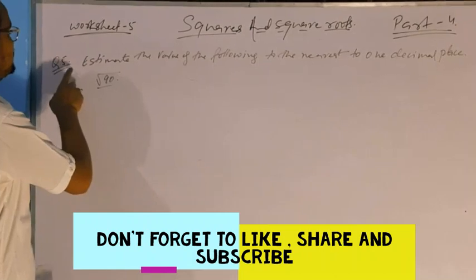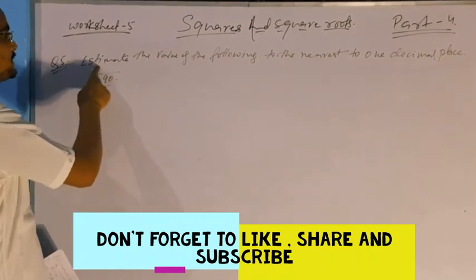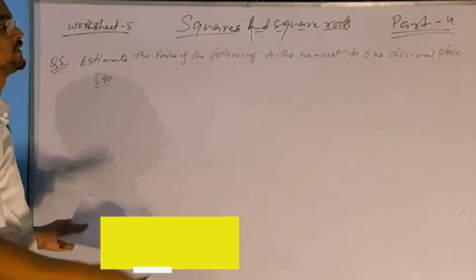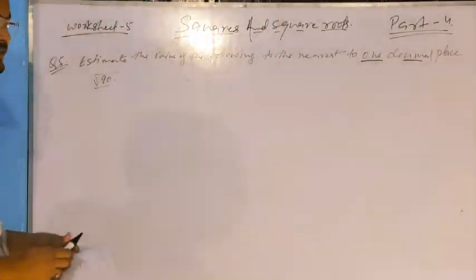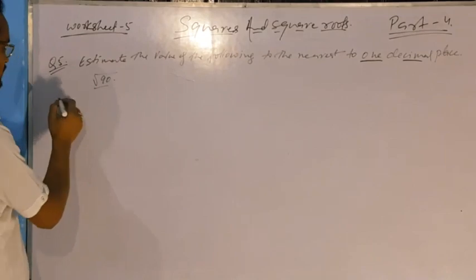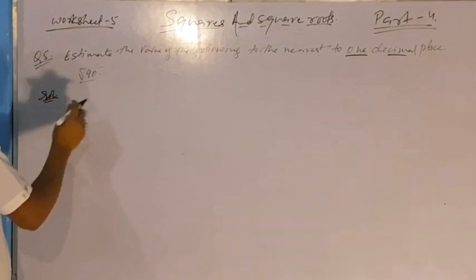Now we are left with question number 5, that we have to estimate the value of the following to the nearest 1 place of decimal: root 90. In the solution, we can write that